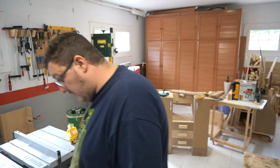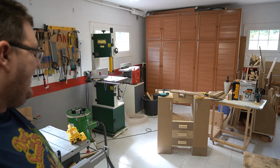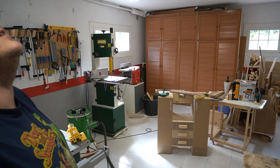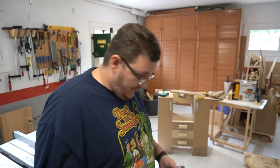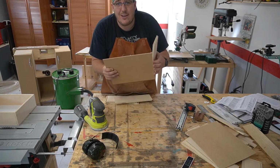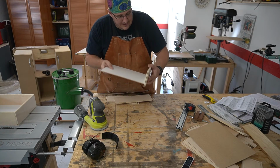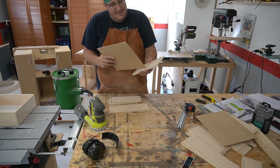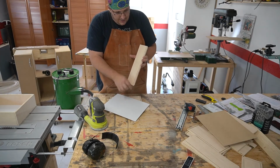God damn it, this is such bullshit. I don't know when I'm gonna finish this. Oh crap. This is exactly 3 millimeters, and the hole is exactly 3 millimeters, or the slat. 3 millimeters, and that